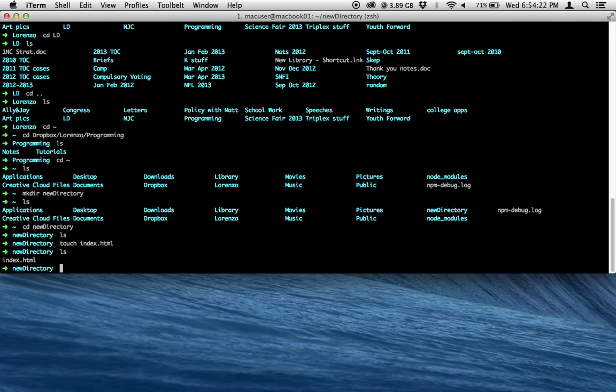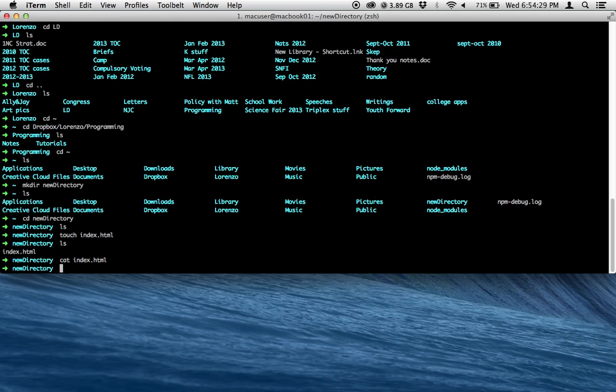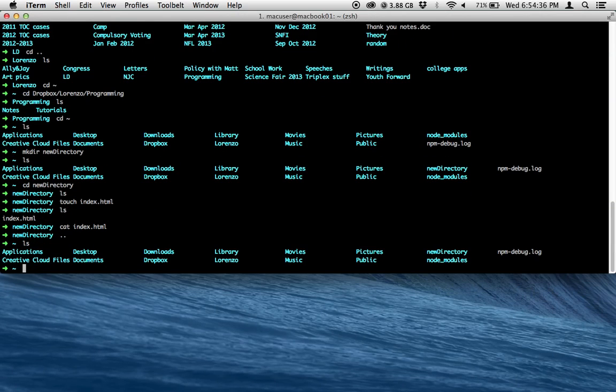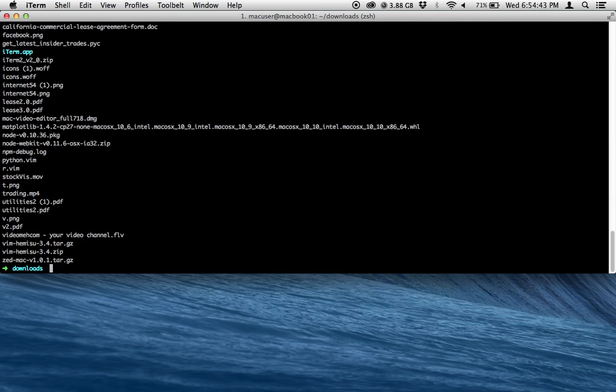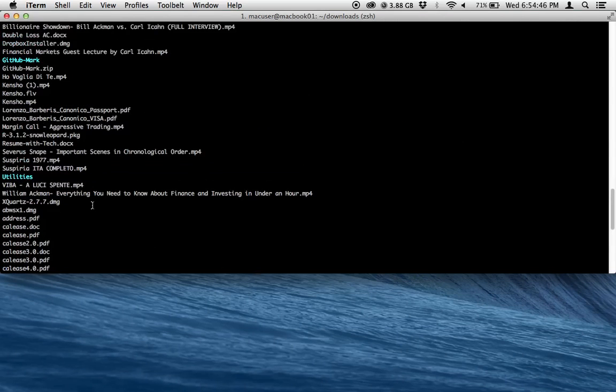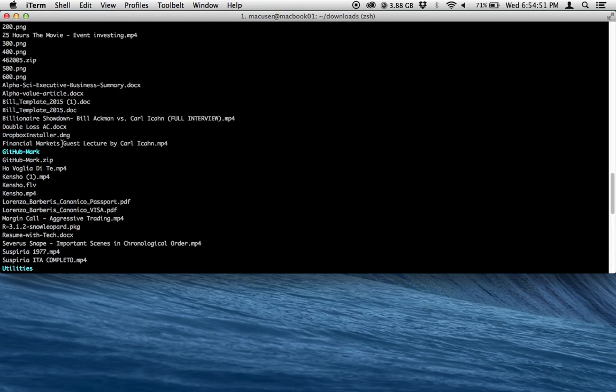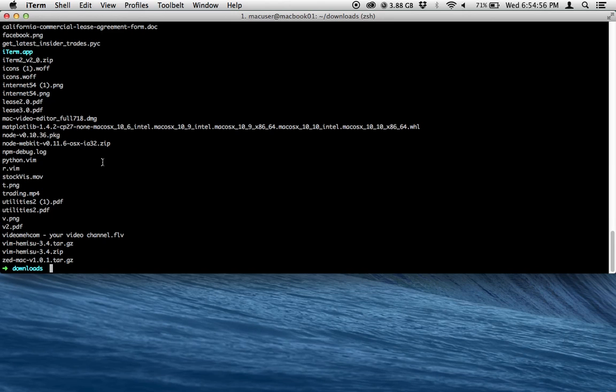So what if you want to see what's inside the file without having to open up Sublime? You can do cat index.html, and in this case it's empty, so it doesn't show me anything. But if I went back to another file, for example, let's go to downloads. What if I wanted to see what's inside? I'm going to copy this. I can do cat